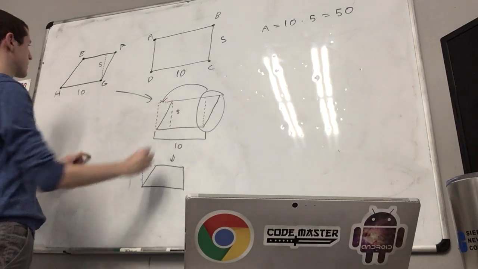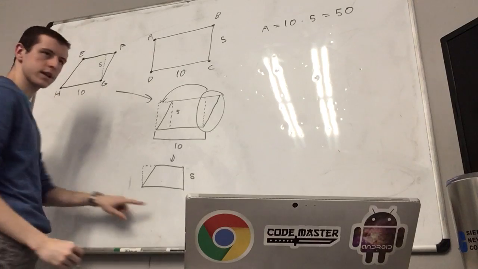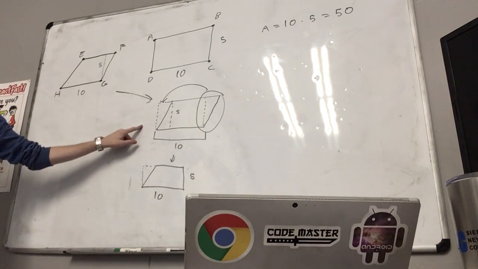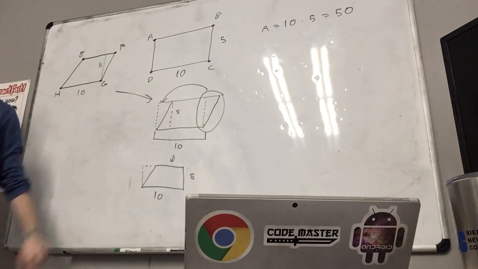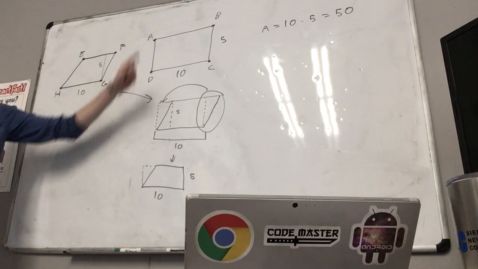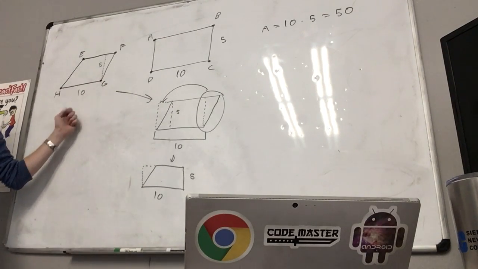Remember, I told you this height was 5. This is a nice straight line segment. I told you this length was 10. Did I change the length by moving this over here? On the bottom? No. Did I change the height at all by adding something up above? No. So that's how calculating the area of a parallelogram